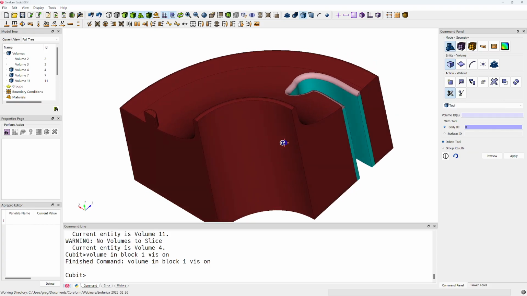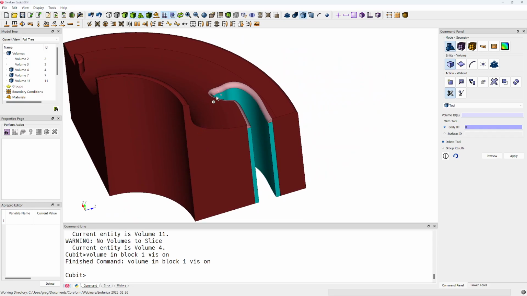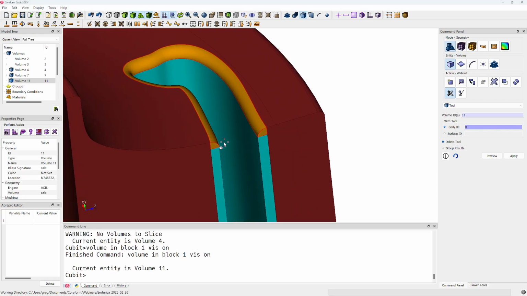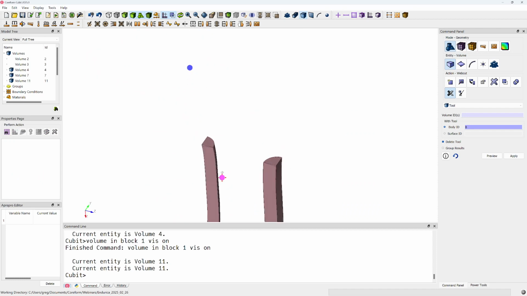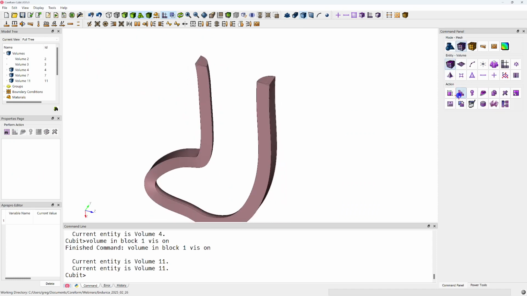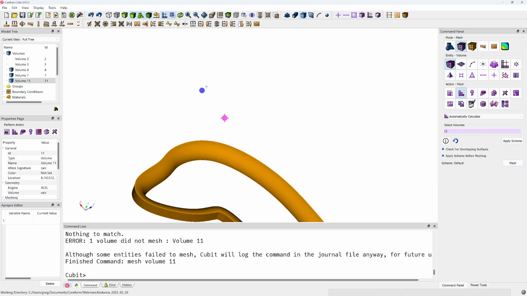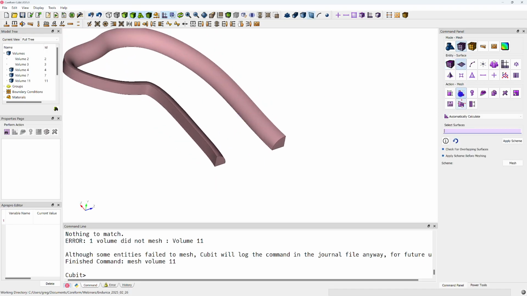Actually, maybe before we do that, I want to give some reasoning behind why I've moved on from here. I've just gotten to the point where I can recognize that things will be meshable. But especially when I was first learning, when I was still working on, say, this fillet region, I'd say, okay, I've cut this up. Let me make sure, can I mesh this? And I might have naively tried to see if this can mesh. I may not have noticed those little extra curves. So I might have been like, oh, that's really weird. Why can't I get this to mesh? And I would have maybe come in and